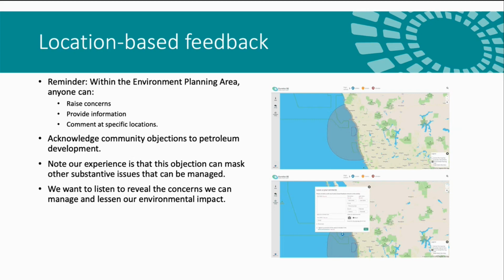We do acknowledge we've had a number of community objections to petroleum development in the area, and this is quite something that we expect and do encounter a lot, and we fully acknowledge and appreciate that is a view that many of the community hold. And our job really is to listen to that and to make sure that view is shared properly with the regulator. But our experience is that objection to oil and gas can mask substantive issues. So there might be some underlying reason for the objection, and really we don't want to just deal with a blanket objection. We want to reveal the substantive issues that are behind that, and it may be